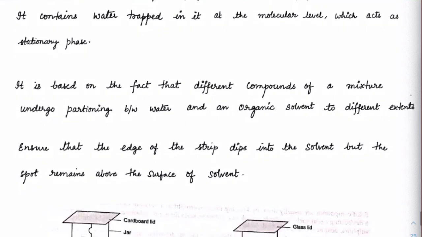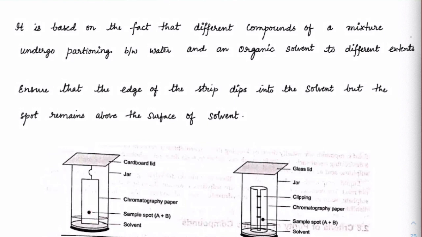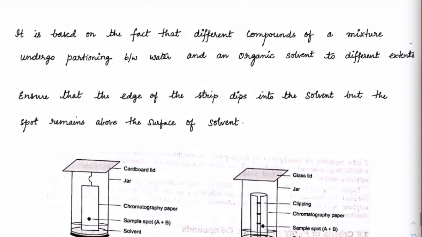Now suppose on this paper we already have some water present in it. And now the same thing we'll do, just like a TLC what we have done here, we'll do the same thing. We'll put the spot here and let it pass through the solvent. Then this will get separated out. The one which has more affinity with the water will start moving.